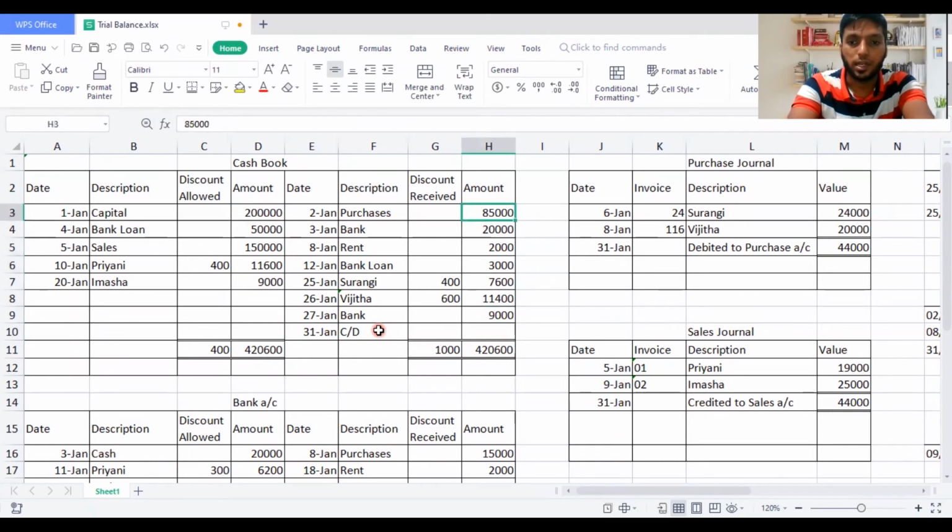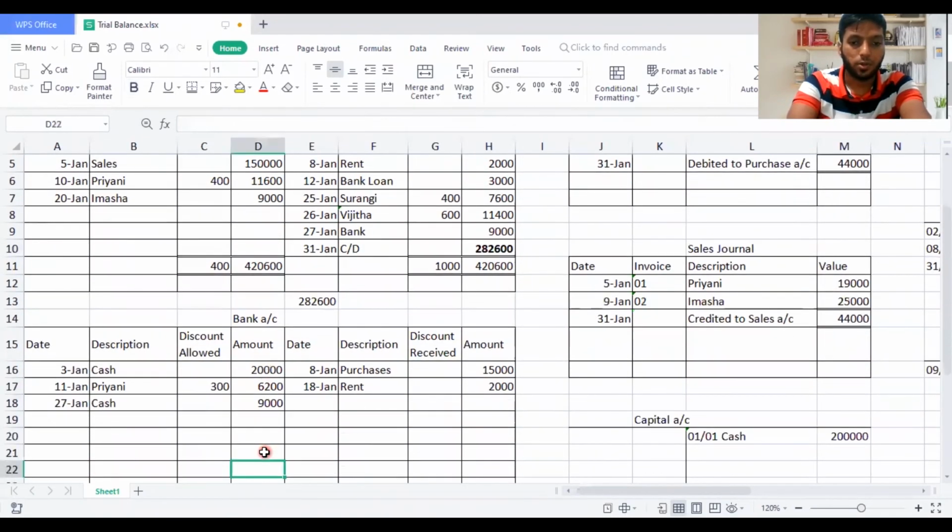Here I'm going to take the entire amount of total, and you can see the total which I'm getting is 138,000. So to find the difference between 420,600 and 138,000, I'm going to deduct 138,000 from 420,600. So I get the balance of 282,600. So this is the balance which should come to the trial balance. I will bold this up because that's the balance of the cash book. So let's move on like that for each and every account.